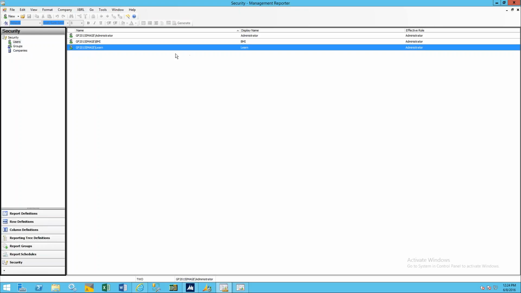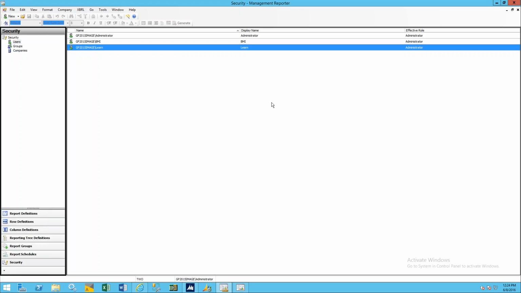You have different roles that you can set them up as. You can set them up as administrators, designers, viewers, and they obviously will get different rights based on the roles that they have been given, but you can set up as many people as you like. So this really enhances your ability to be able to set up